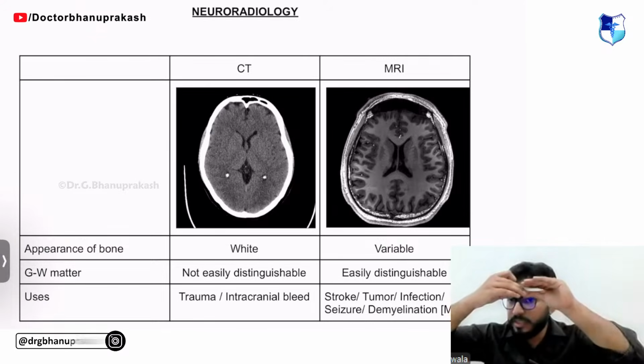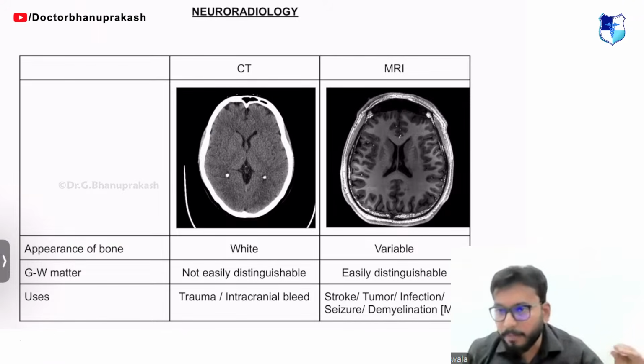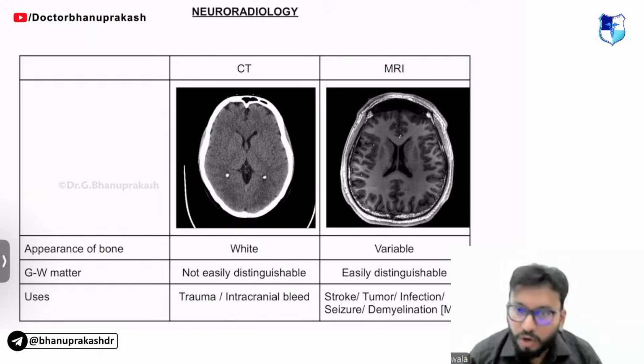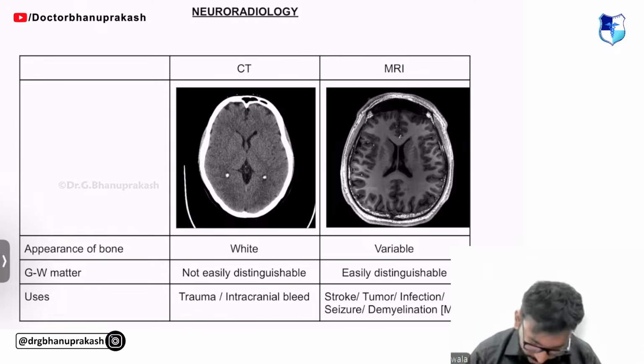But if there is a thrombus inside, if there is a block inside, and I press with my probe, do you think I'll be able to compress it? No. So the compressibility is lost, and that is a feature of DVT, deep vein thrombosis. Okay, an extra point for you.